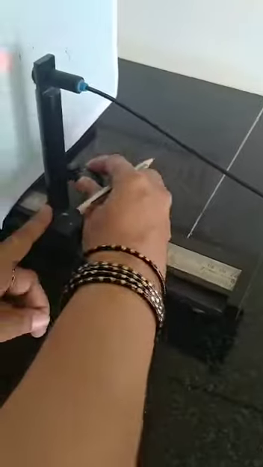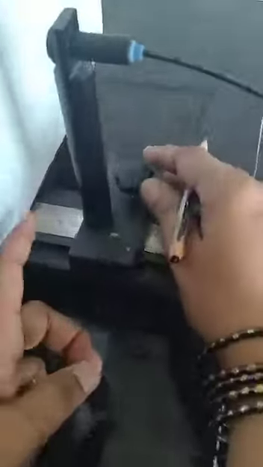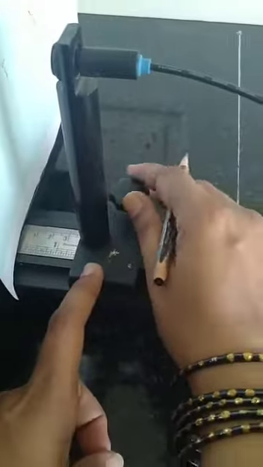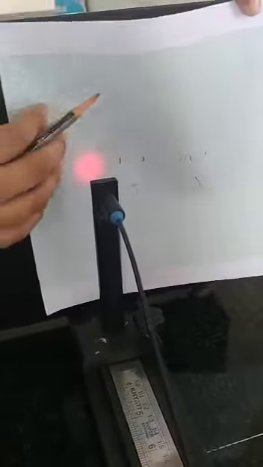Just loosen this knob, move the stand to 4 centimeters and fix the stand here. Tighten the knob so that you will be measuring it for 4 centimeters. You can see the other part here. I will just move this graph.